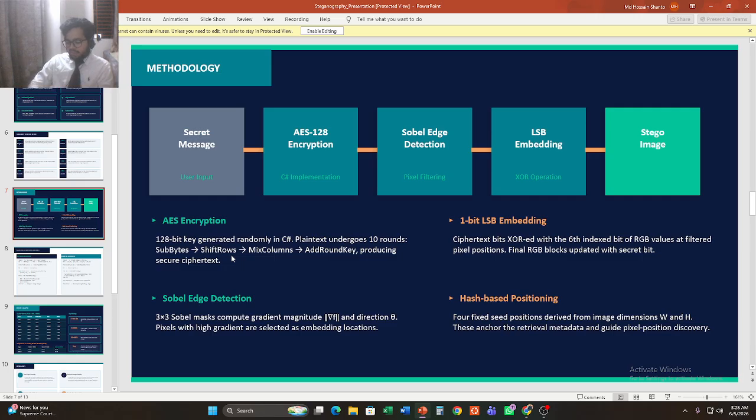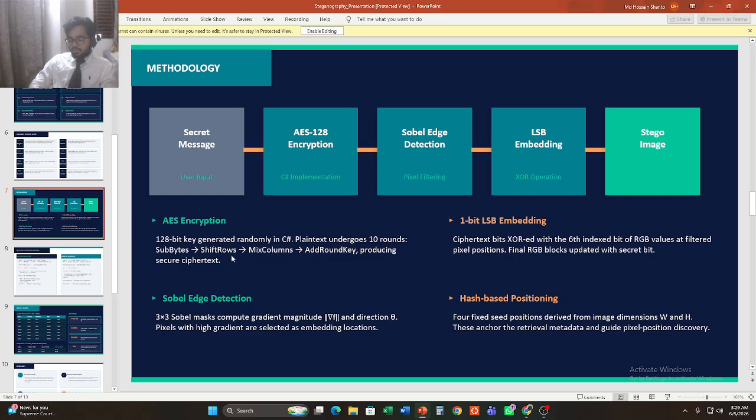Then add round key: the data is XORed with a round-specific sub key derived from the main key. After 10 such rounds, the output is ciphertext, a completely unreadable encrypted version of the original message.